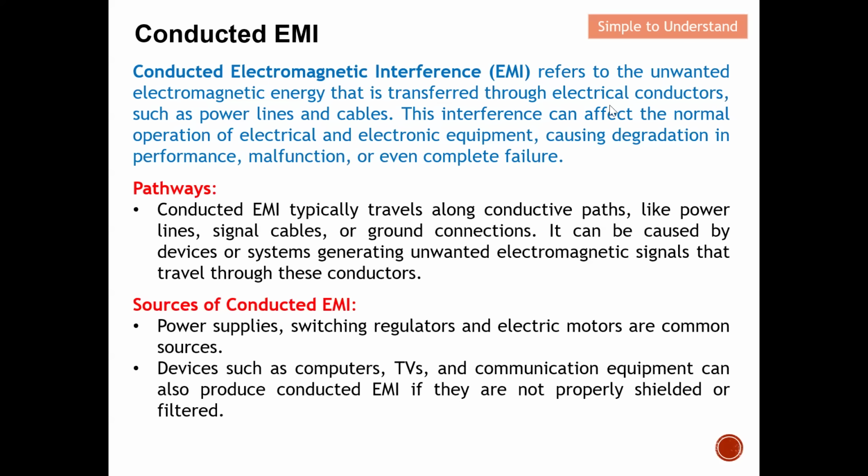So basically you can see that the noise actually comes through the electrical conductor, whether it is the power line or any cable that supports the device, for example. Where will be the pathway? Conducted EMI typically travels along conductive paths like power lines, signal cables, or ground connections. It can be caused by a device or system that generates unwanted EM signals that travel along the conductor. The source of conducted EMI: